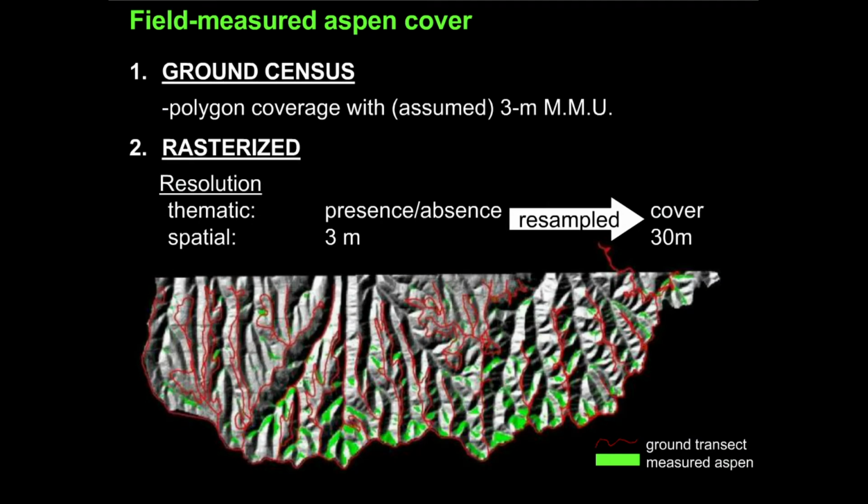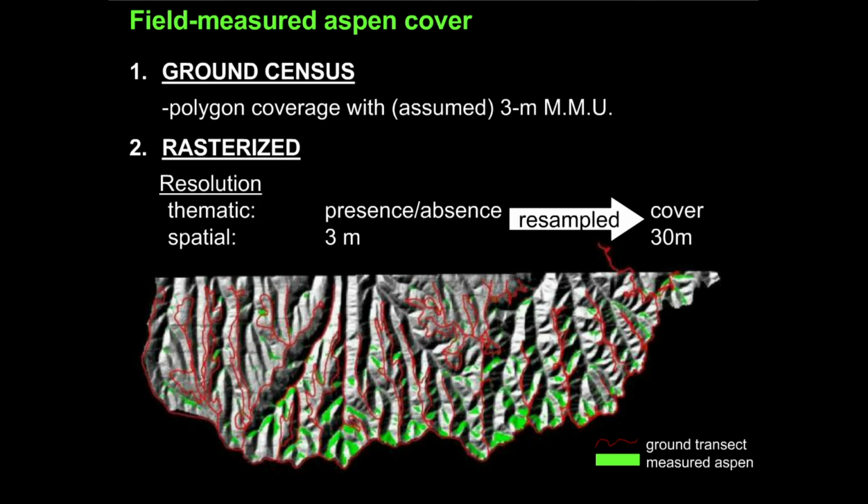So, first thing we have to do is measure the aspen cover. On any greater scale, this would be done with aerial photos, maybe by satellite imagery. But here, the topography was steep enough and the vegetation was low enough that we could walk out every one of these ridge lines in the area, take USGS quads, and just trace the clones, which are very discrete, onto the USGS quads,